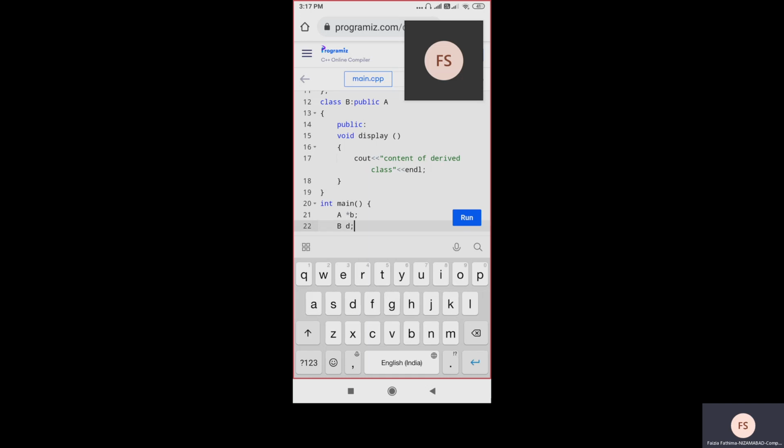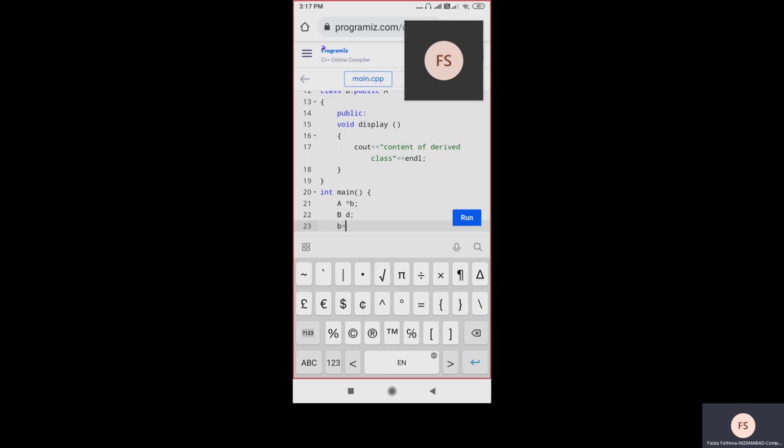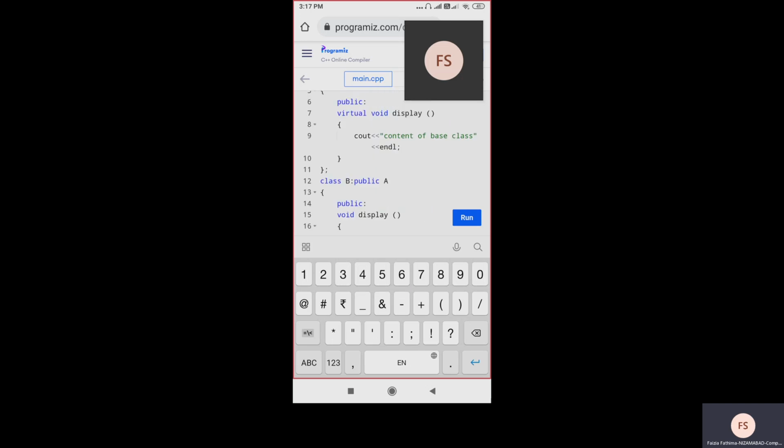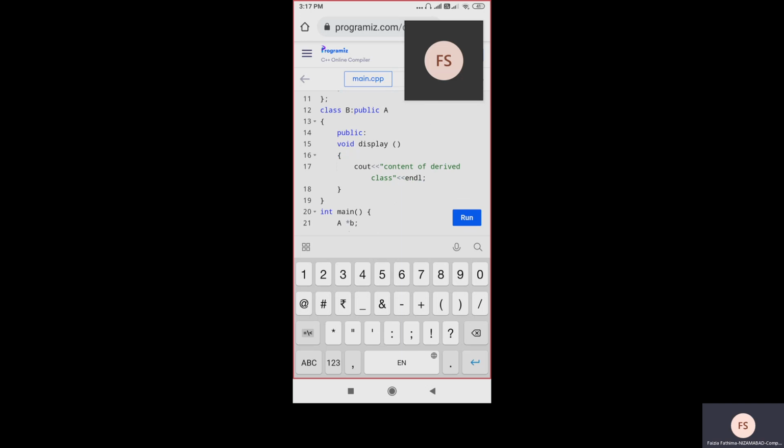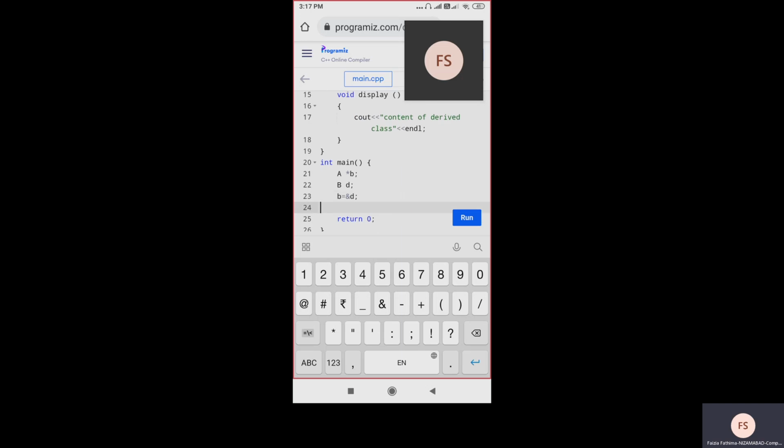Now B is equal to ampersand D. The base class pointer is having the address of the derived class, which means the base class pointer is pointing to the address of the derived class. Now, when I give B points to